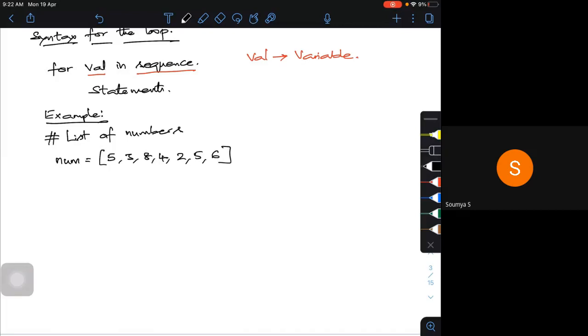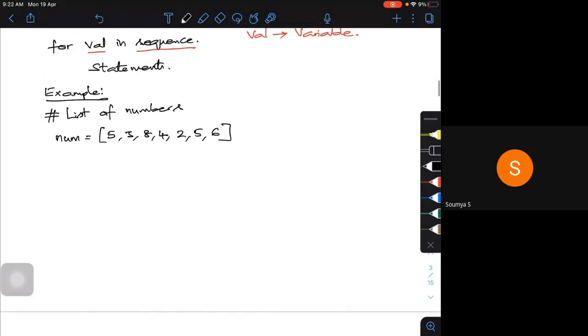If I want to do that, I need to get into some kind of an iterative loop, so I'm going to use a for loop.